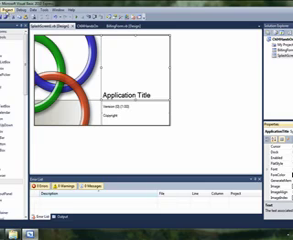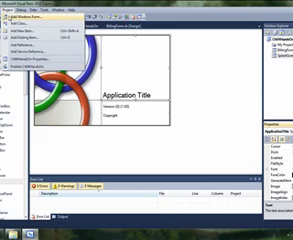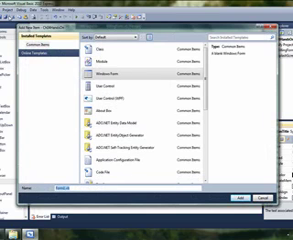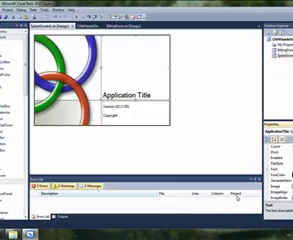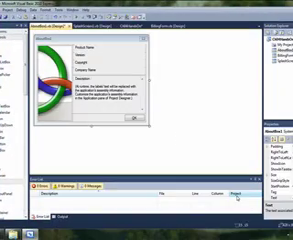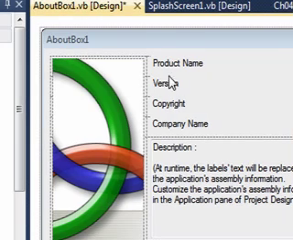Okay? The next one that we need to create is an about form. The about form does the same thing that about does, it tells the user about the program, right? So what we're going to do is click on the about box and add it. Okay, this is the same thing. Our about box does exactly the same thing. All this stuff here is going to be filled in